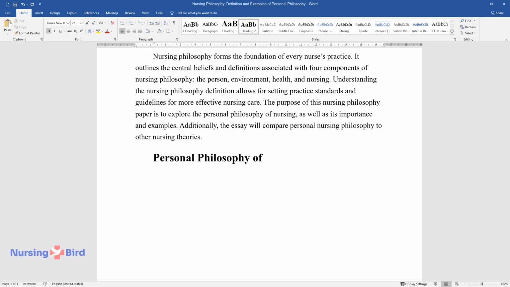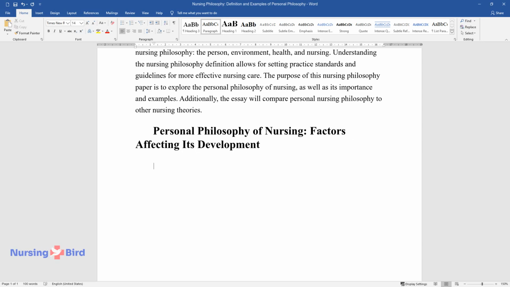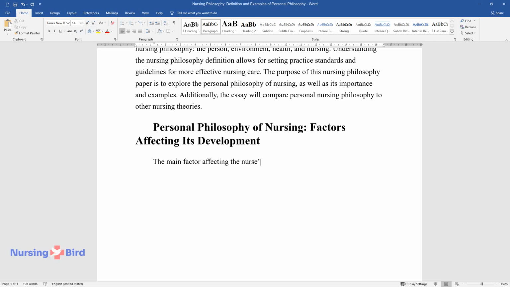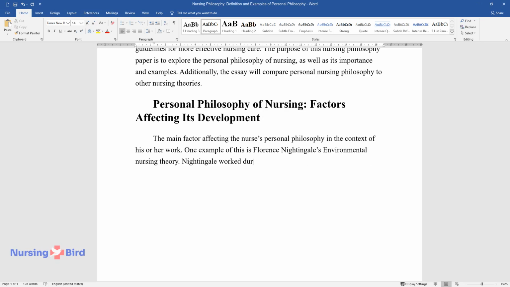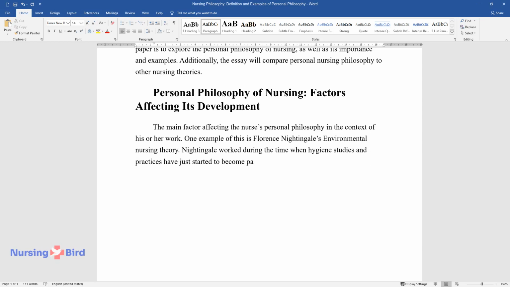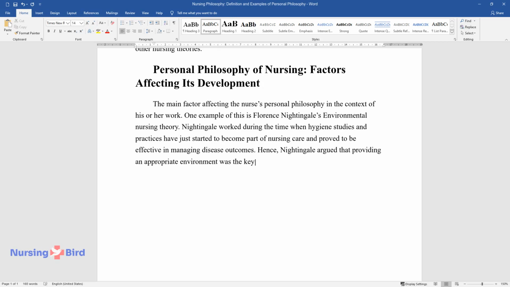Personal philosophy of nursing, factors affecting its development. The main factor affecting the nurse's personal philosophy is the context of his or her work. One example of this is Florence Nightingale's environmental nursing theory. Nightingale worked during the time when hygiene studies and practices had just started to become part of nursing care and proved to be effective in managing disease outcomes. Hence, Nightingale argued that providing an appropriate environment was the key to facilitate recovery and promote the health of the